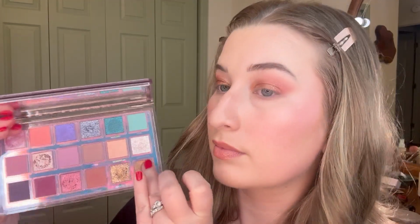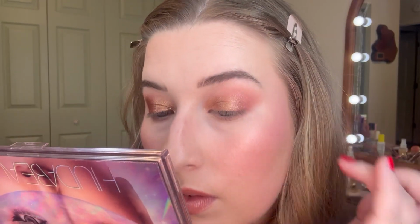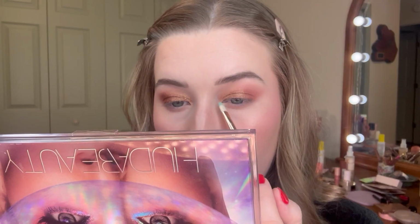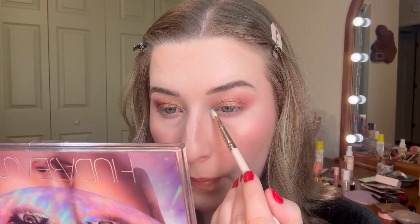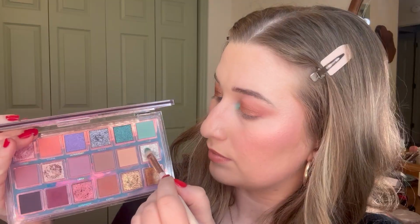So right here, I'm going between those two gold shades and mixing them together, and then again, pulling in the shade Supernova. So I'm just kind of layering them until I get the look that I was wanting. And then I felt a little bit daring, you guys. I went for it and I added the shade Haze to the inner corner, and I kind of liked it. So I'm going with it and I'm packing that on, and then I felt like I wanted it to be